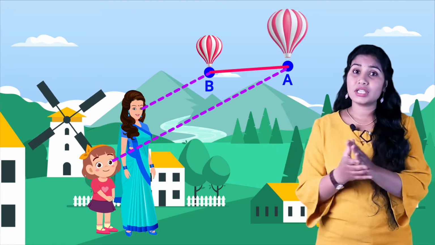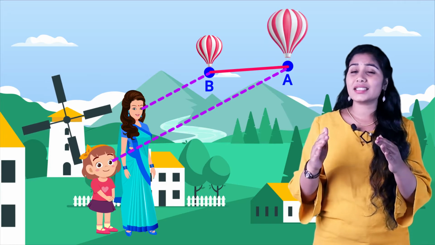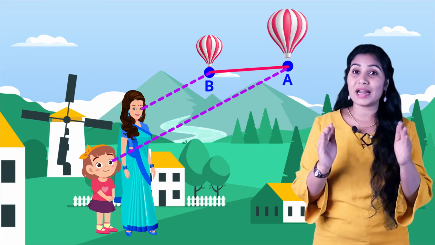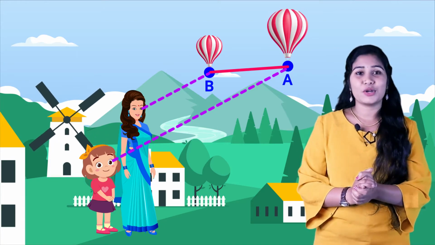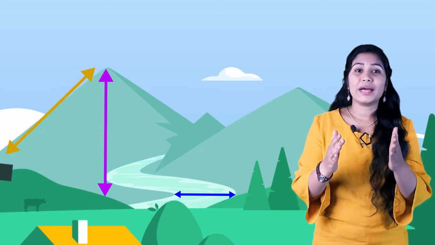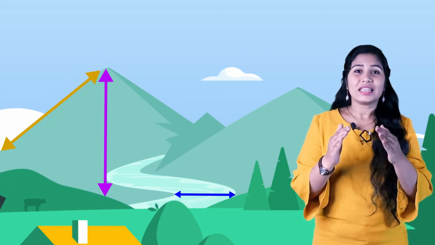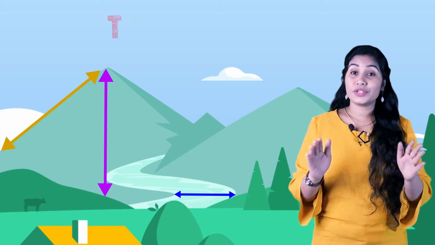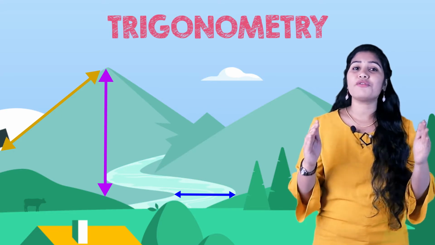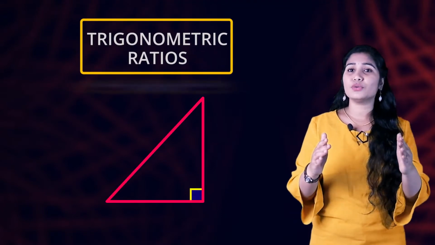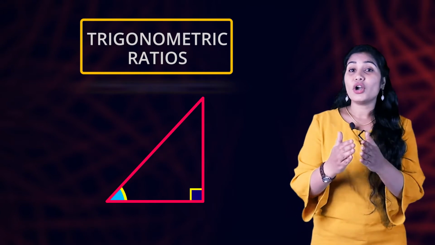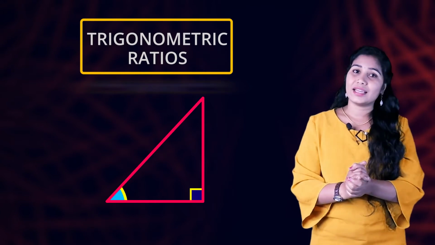In all the above situations, the distances or heights can be found by using some mathematical techniques, which come under the branch of mathematics called trigonometry. It can measure heights, distances and slopes by using the properties of triangles. These types of problems are part of trigonometry, which is a branch of mathematics. In this chapter, we will study some ratios of the sides of a right triangle with respect to its acute angles, called trigonometric ratios of the angle.